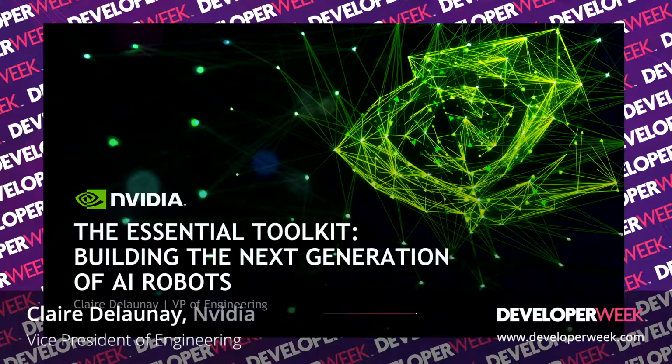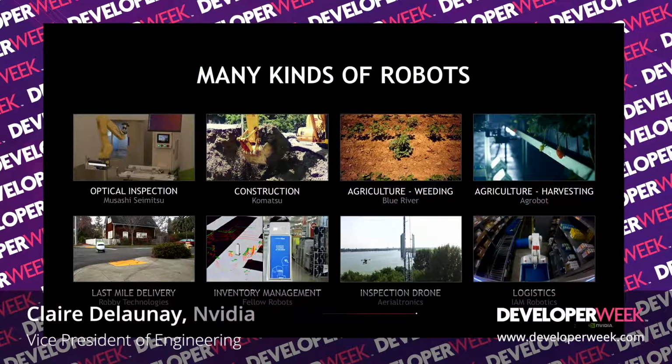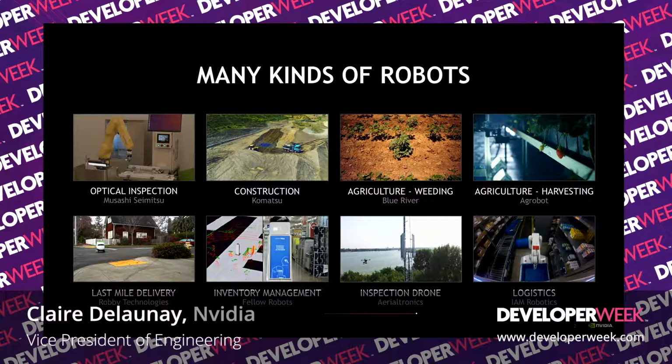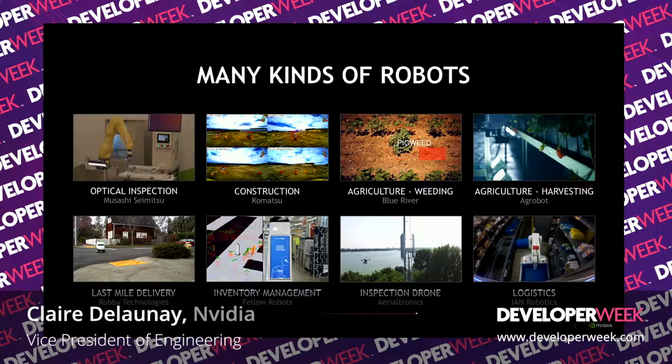And one thing that is very funny is, if you look into robotics, robotics is also very different. You have a lot of different kinds of robots. As you can see here, I'm presenting some of the robots we're working with at NVIDIA. Some of the robots are big trucks. Some of the robots have arms. Some of the robots are outdoor. And some of them are for agriculture and need to be very precise and observe